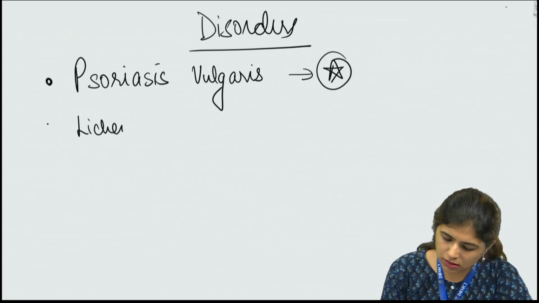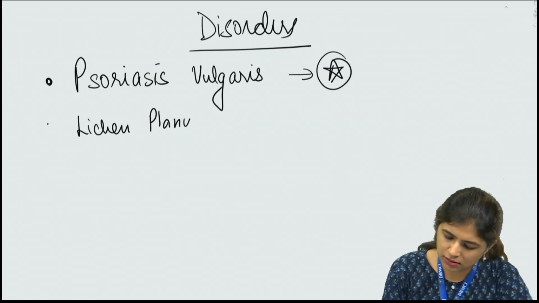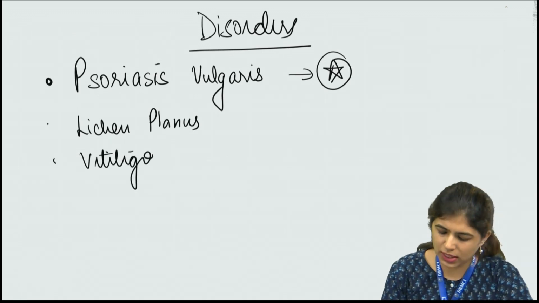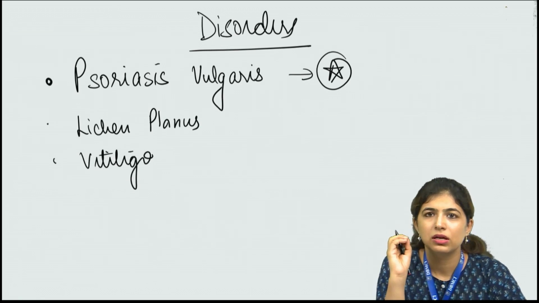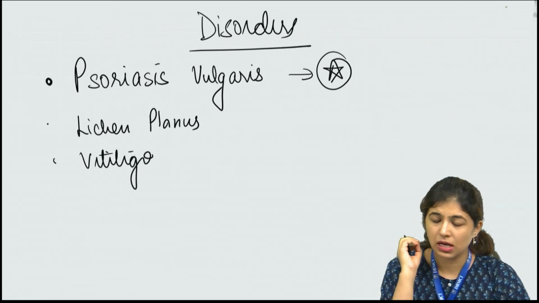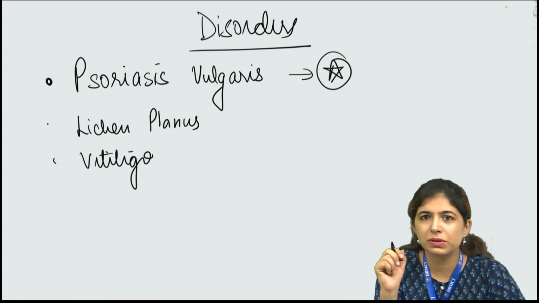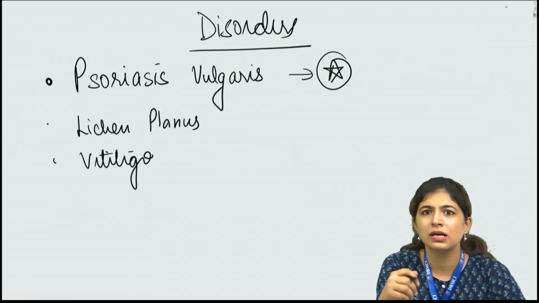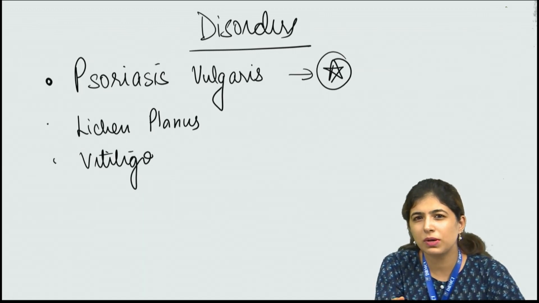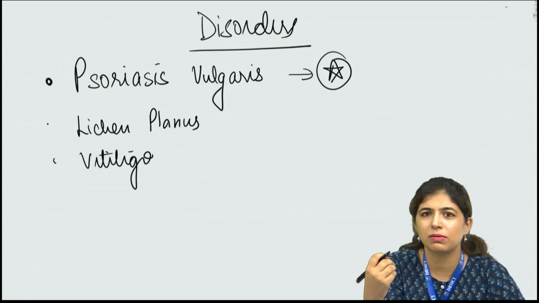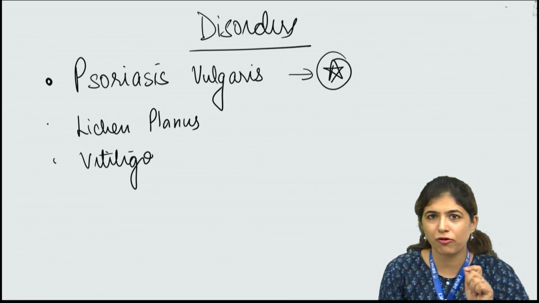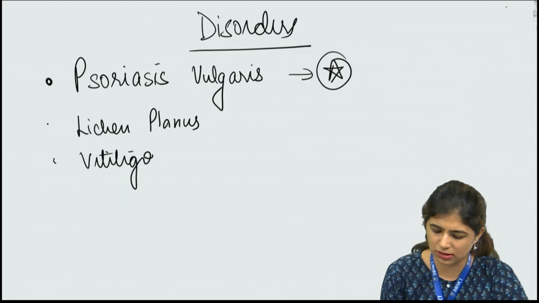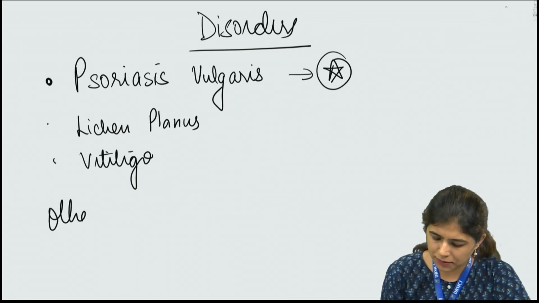Others include lichen planus and vitiligo. If you ask me, these are 3 disorders that should be by heart in case you have a question on Koebner's. However, for the purpose of such multiple choice questions, there are some other diseases which may show, may not show, it may be questionable to have Koebner's, but we have to remember them for the purpose of these multiple choice questions. Those include